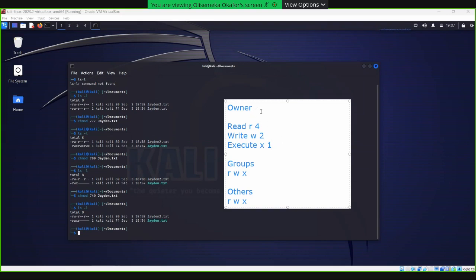So if the owner's permissions are 7, what does that mean? I don't know. I'm not sure. Okay. So if the read represents 4, write represents 2, execute represents 1.